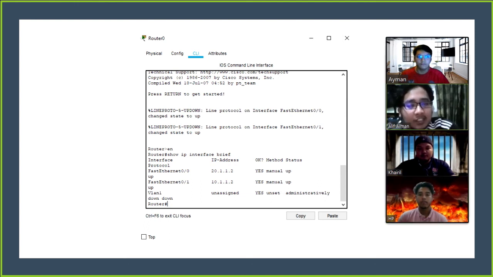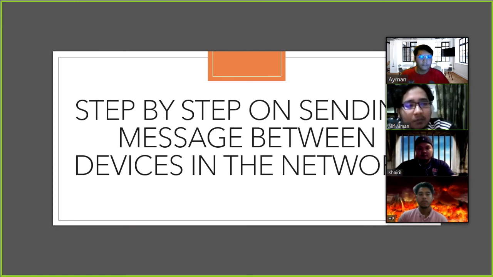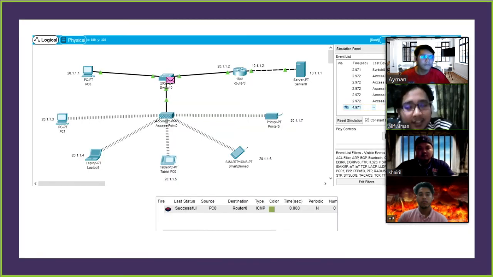Last but not least, to send a message between devices in the network, click the Add Simple PDU icon and drag the message icon to the PC that we want to send a message to. In the figure above, it sends the message from PC0 to Router 0. First, open the simulation panel to see the movement of the message. The status of the network tool will display successful, the source and the destination if the message is sent